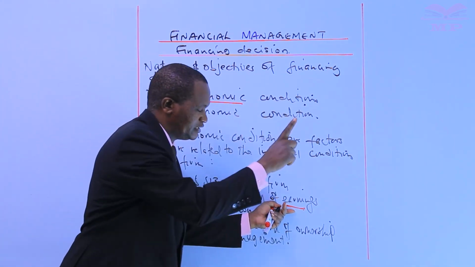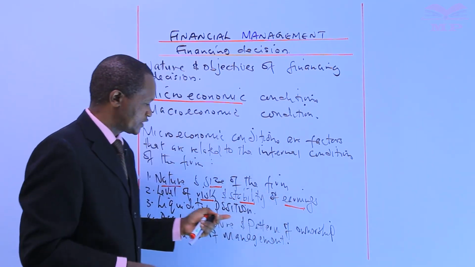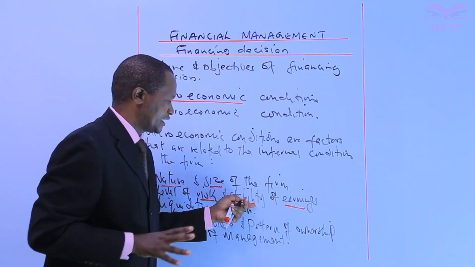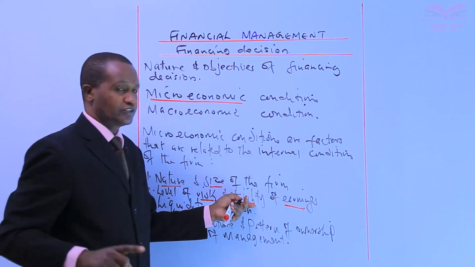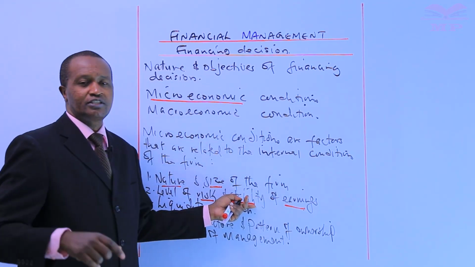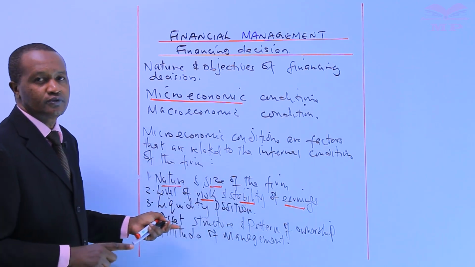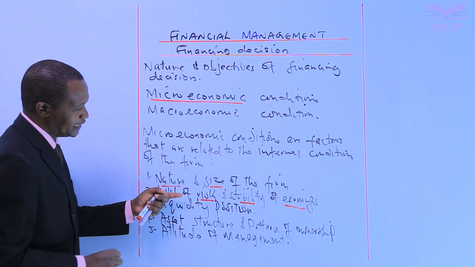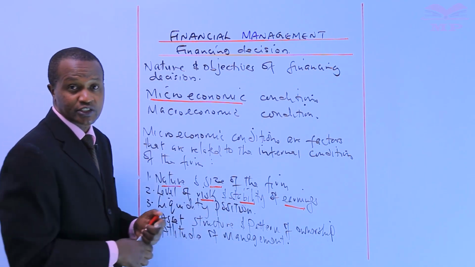If they are not paid dividends, then it means the money is being retained. So the dividend policy of such a company will be different from a company that has stable income. A company that has stable income can easily get sources from external sources, from debentures, from preference shares, from loans, and so on. Do you understand how the level of risk and stability of earnings influence financing decisions?